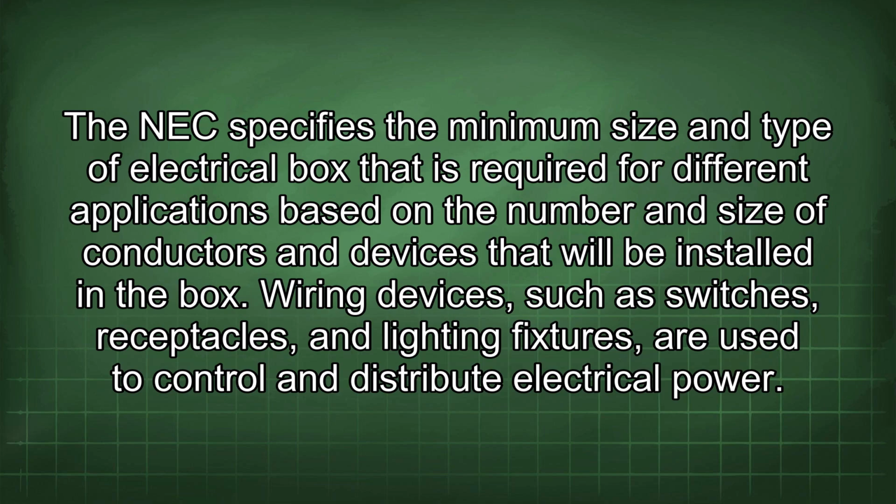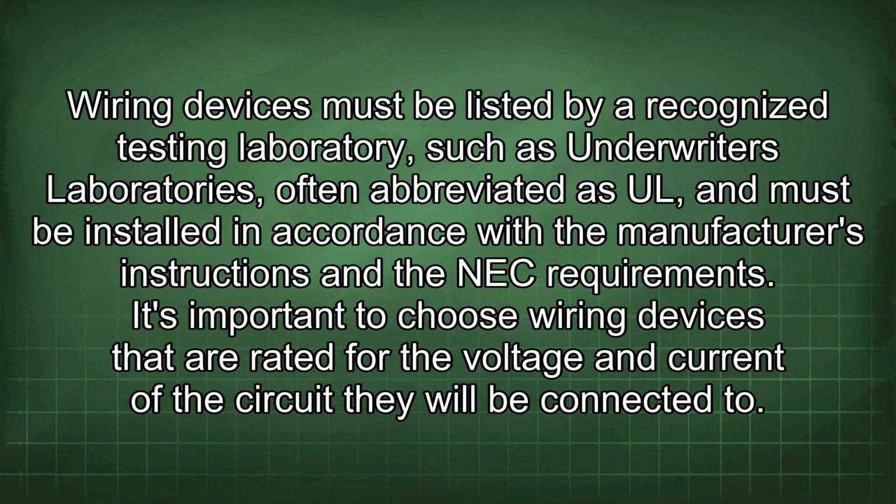Wiring devices, such as switches, receptacles, and lighting fixtures, are used to control and distribute electrical power. Wiring devices must be listed by a recognized testing laboratory such as Underwriters Laboratories, often abbreviated as UL, and must be installed in accordance with the manufacturer's instructions and the NEC requirements. It's important to choose wiring devices that are rated for the voltage and current of the circuit they will be